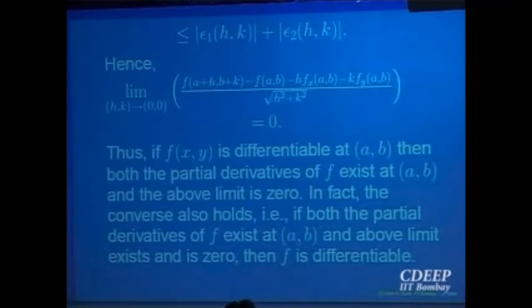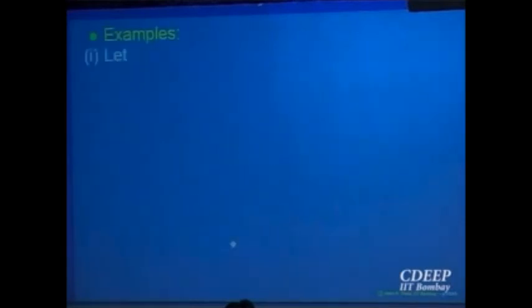If you don't want to write epsilon 1, epsilon 2, you want to go to something similar to differentiability of a function of one variable, as f of a plus h minus f of a divided by h, where the limit should be equal to 0, then this is a corresponding perfect generalization of that thing. So both the partial derivatives should exist at that point and this limit is equal to 0, that will imply that the function is differentiable at that point. So the converse part we are assuming, so let us look at some examples.